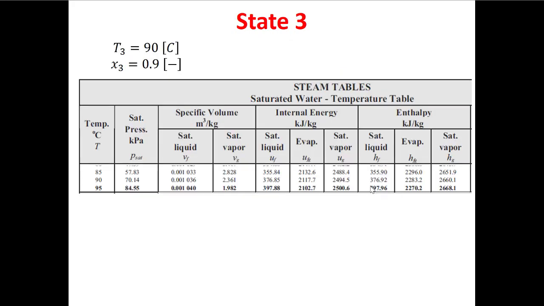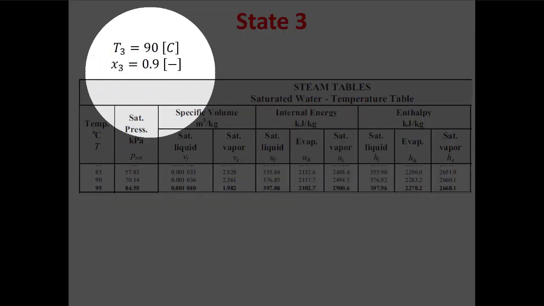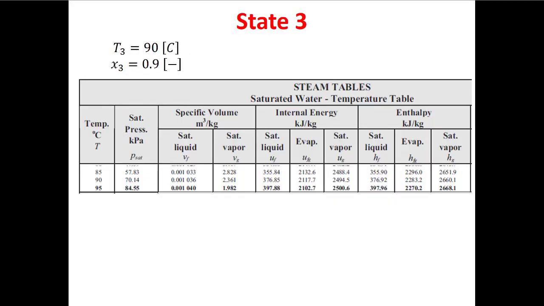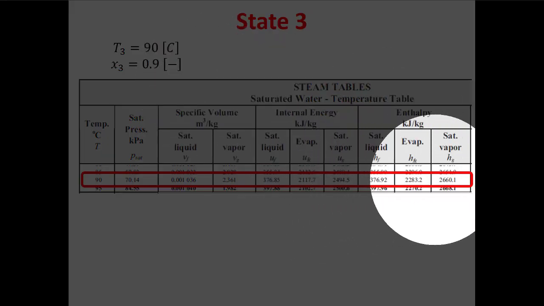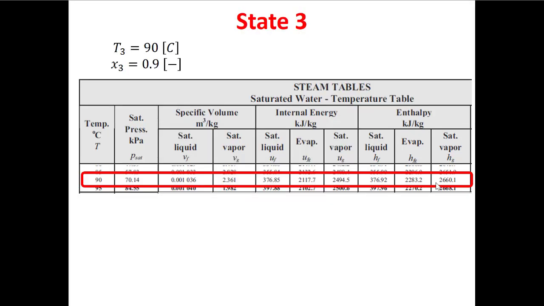Now, I want to find state 3. State 3 tells me that there's some quality. That means that it's a two-phase mixture, right? It's some mixture of saturated vapor and saturated liquid. And here, in this case, I have 90% saturated vapor, so I should be close to the hg value, right? So here I've got to find on my table the row that's 90 degrees Celsius. So that's here. And I know that I'm going to be somewhere between hf and hg, closer to hg though, because this is for the saturated vapor and I have 90% saturated vapor and only 10%